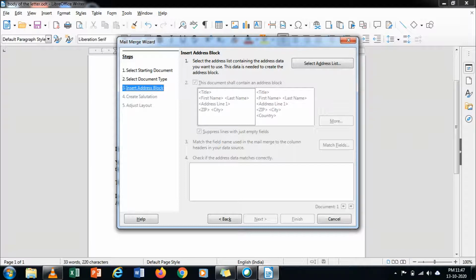The select address list window will open. No, this will allow you to create the recipient list, as shown in the picture. See the dialog box. This is the select address list dialog box.